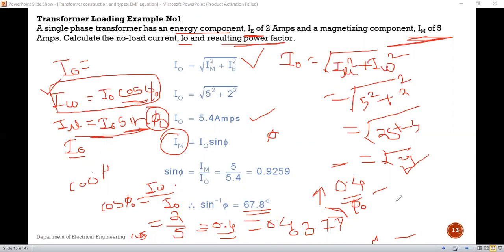By conducting these tests, the open circuit test, OC test, and SC test, it is important to check the transformer condition. The open circuit test has to be conducted, as well as the short circuit test. From the open circuit test we are able to calculate the losses. We have not calculated losses here. While doing the practical we will calculate the core loss, and while conducting the short circuit test we will calculate the copper losses. After that we will calculate the efficiency of the transformer. In this way we will conclude today's lecture, and we will stop here.